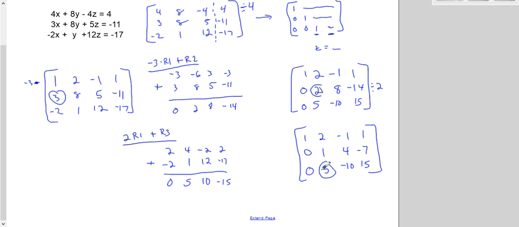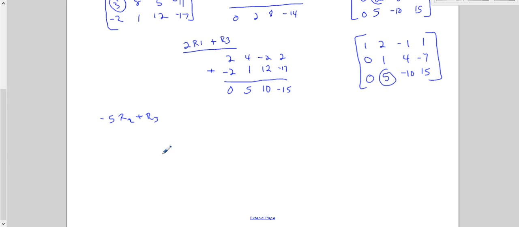So to zero out the 5, I need -5, and I will multiply row 2 times that -5 to add to row 3. So that's going to give me 0, -5, -20, and 35. My row 3 is 0, 5, -10, and 15. When I add these together, I'm going to get 0,